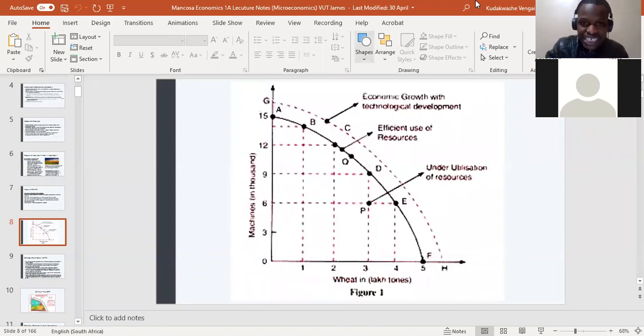You can see here on our graph, sorry if it's not really clear, I'm trying to make sure that it's big enough. On this side over here, we have our machines. Then on this side over here, we have our wheat. Remember, we said we are producing machines and wheat. So we are saying that if South Africa was to produce only machines, just machines only,